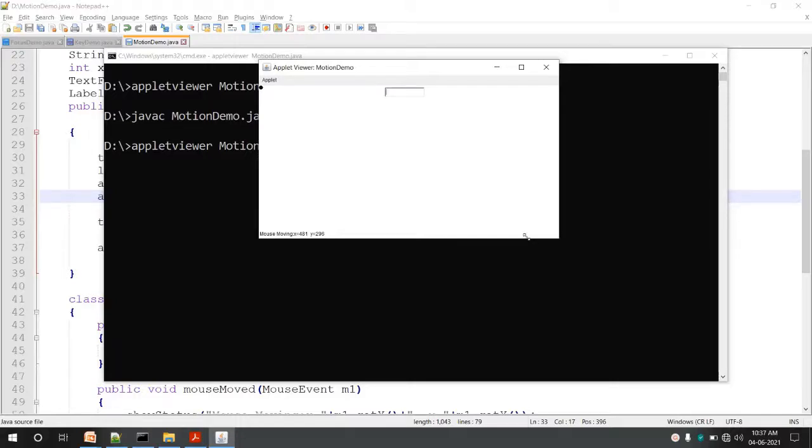Okay, so there is a mouse event handled, and that is the reason in the status bar you can see the mouse coordinates. We have handled a mouse move event. Even drag is handled in the same application, so whenever I drag, it is simply displaying something on the screen. And we have even handled the text event. When I keep my cursor in the text field and type something, whatever I type is displayed in the label also.